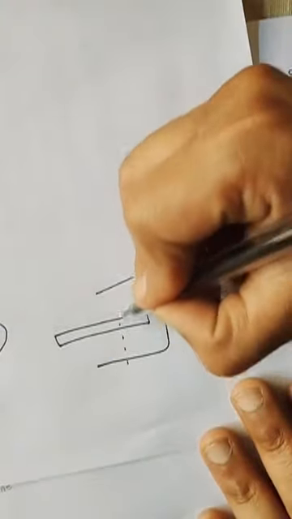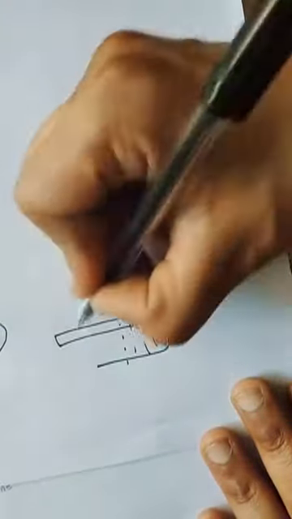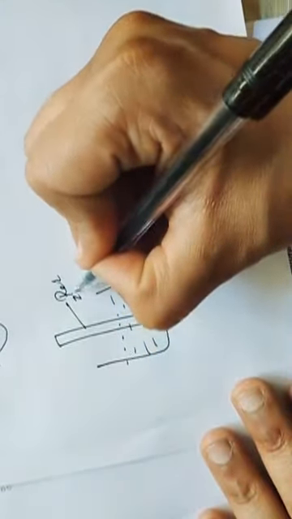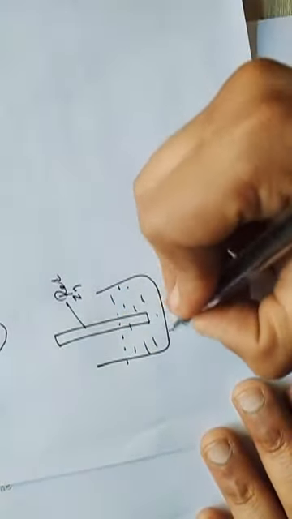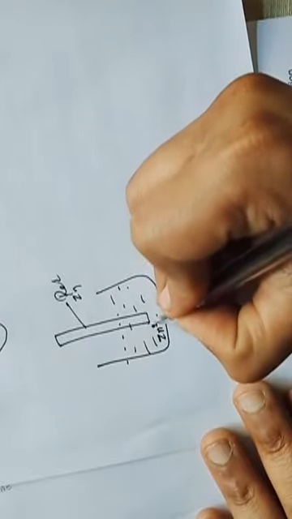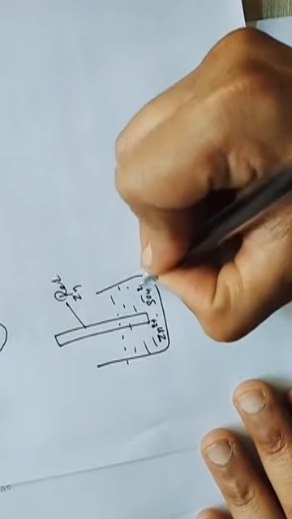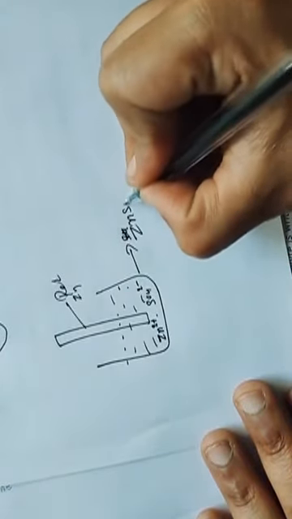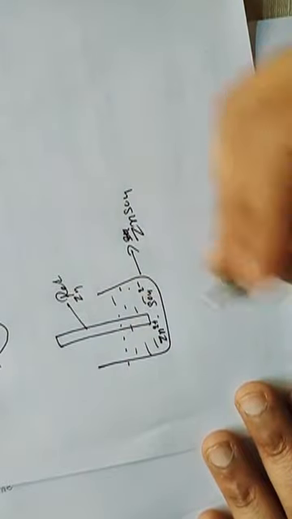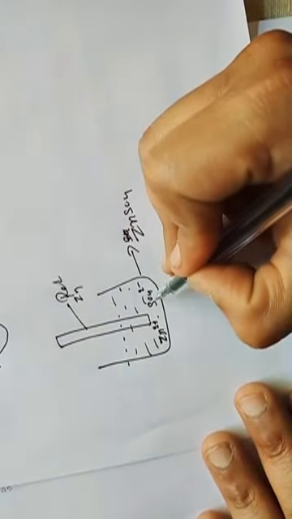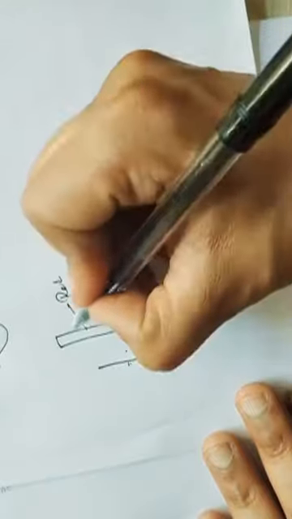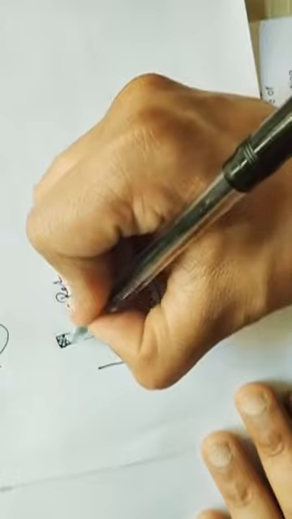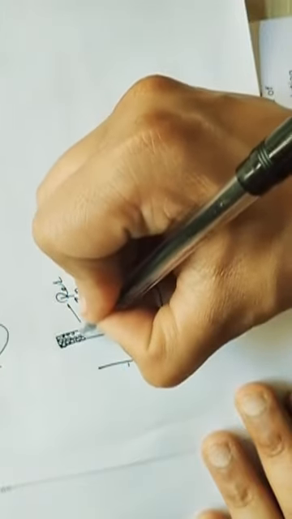This is the anode, and here is a zinc rod, and it is a solution of zinc sulfate. So it will have Zn2+ and SO4 2-, because zinc sulfate will dissociate into zinc ion and sulfate ion. A large number of zinc and sulfate ions will be there in the solution. And now what happens? Suppose these are the atoms of zinc.